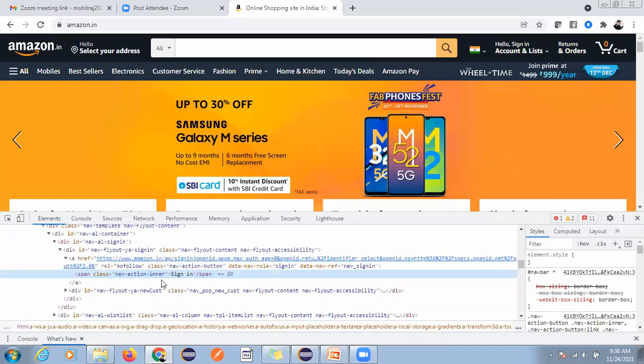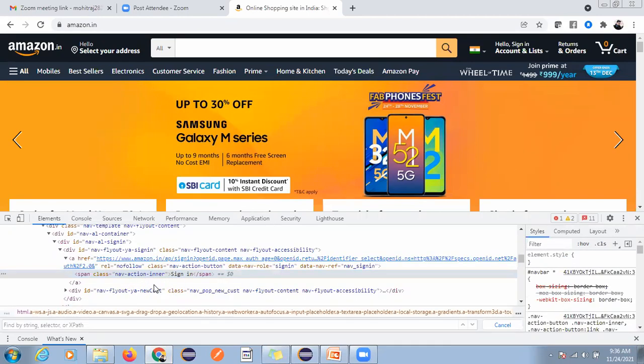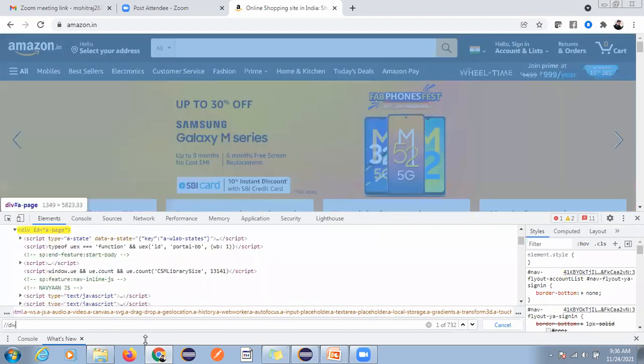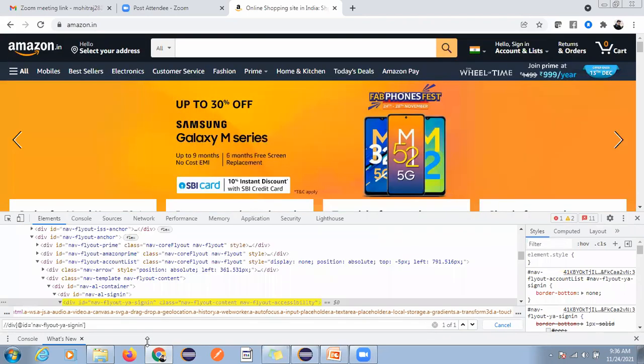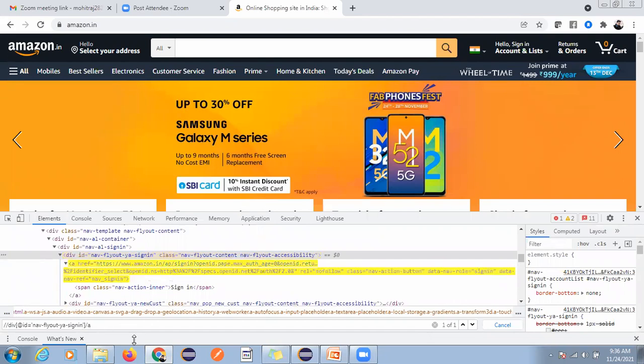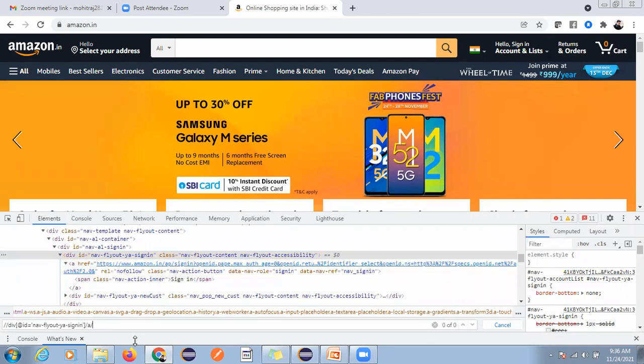Here this is a duplicate, so I'm going to find the element from here. This one is unique, so div of @id, and now we'll go for, and we'll have the,